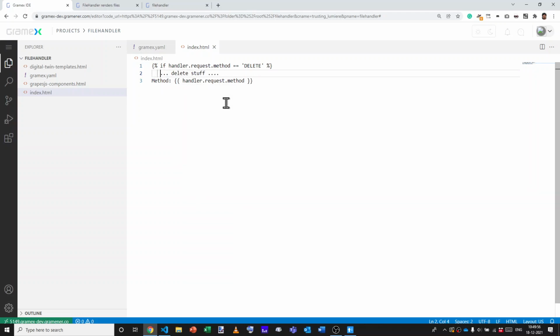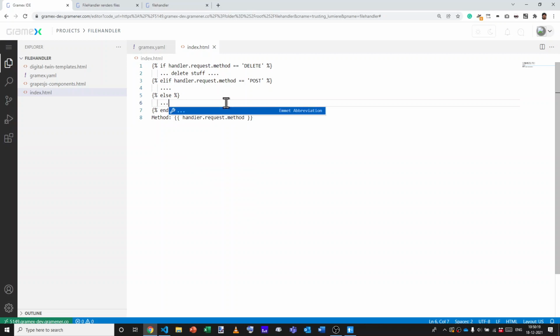And if it is something else, let's say end and elif handler.request.method is equal to POST, then do whatever else. And in any other case, let's say for GET or any other options, we can say else handle whatever others. So we can say post stuff.